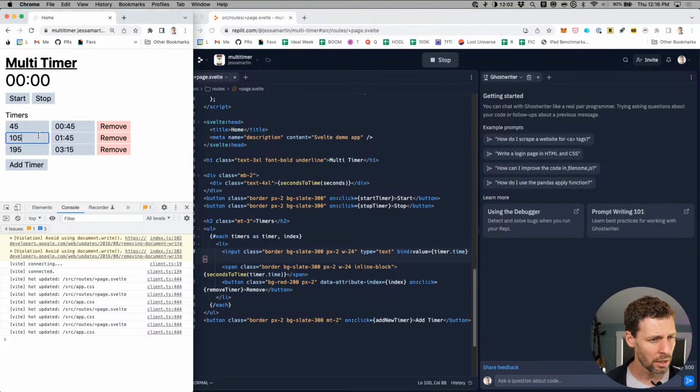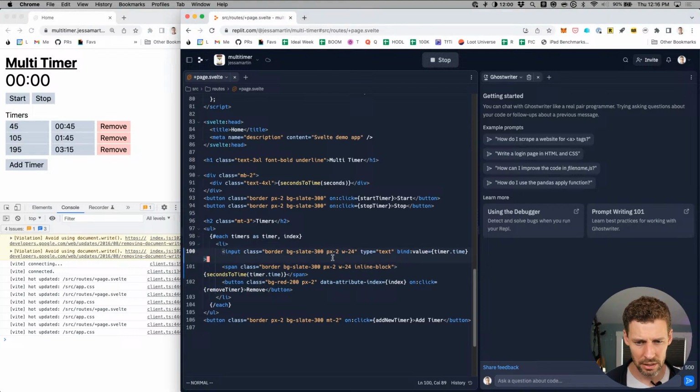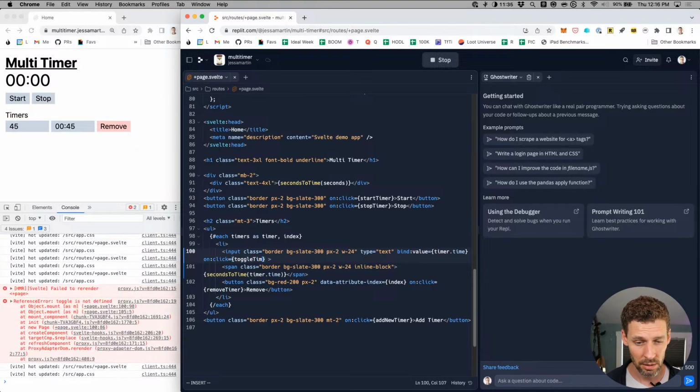And so what we want is only this one to get displayed until I click on it. So let's start with this as what we can do is maybe swap a value on click. That's an interesting way to try it out. So let's see, it would be on click. We'll call toggle timer.